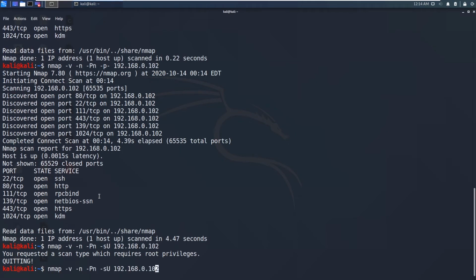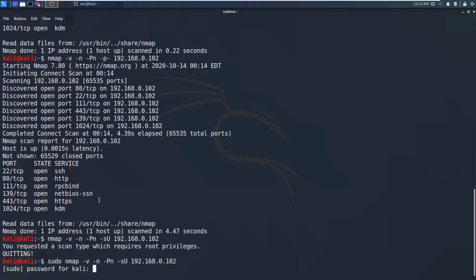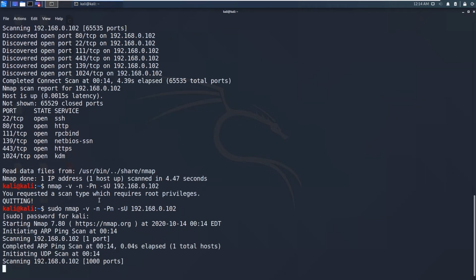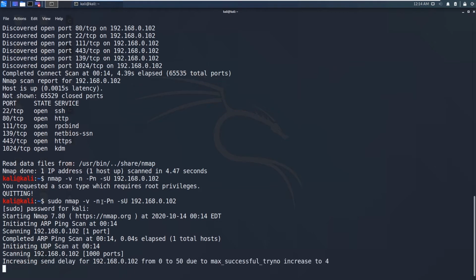This UDP scan requires root privileges. All you need to type is sudo and type in the password. This UDP scan takes so much time, because in TCP there is connection establishment, and before that, nmap can tell whether the computer is alive or not.